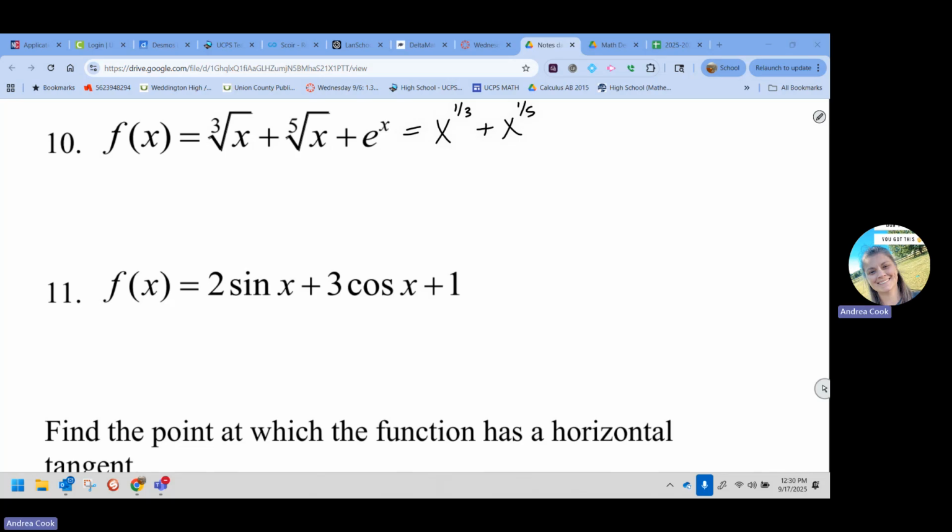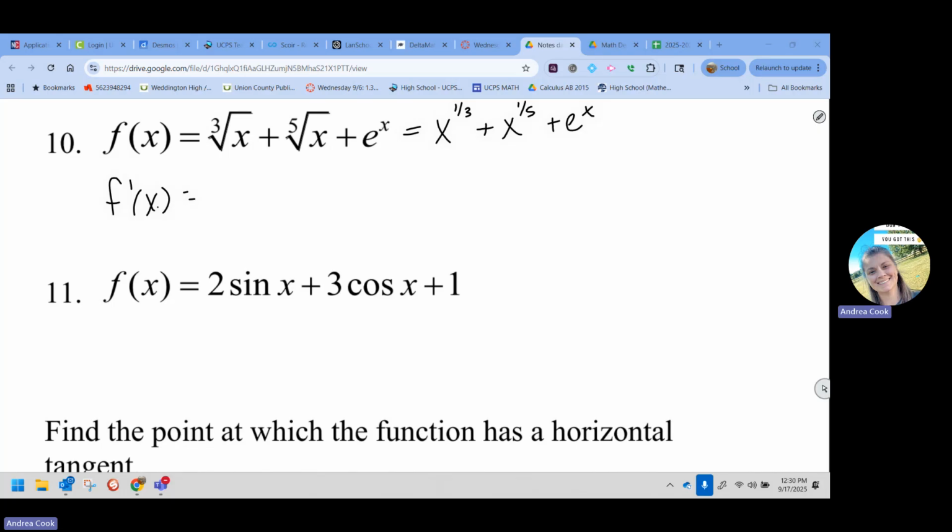Okay, so a radical can be the same thing as a power. So like I bring that root up and root up. And then of course, e to the x is just like its own thing. Just gotta make sure you don't forget it. It's easy, but we can't forget it. Okay, so that's the step where I rewrite it. Then when I go to take my derivative,